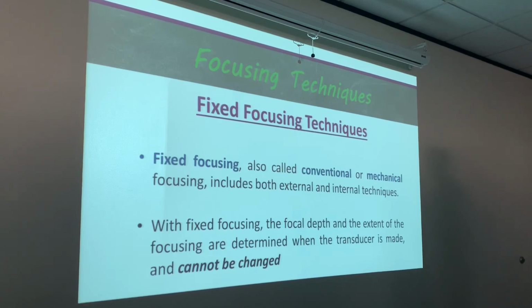Same thing with the beam width in fixed focusing techniques, it's already determined as well. But like I showed you earlier, if two structures are farther apart than the beam is thin, then those two structures are going to be represented as two structures. But if they're within the beam width, then those two structures are going to be represented as one structure or one reflection. Okay? So when we're talking about focusing, it's